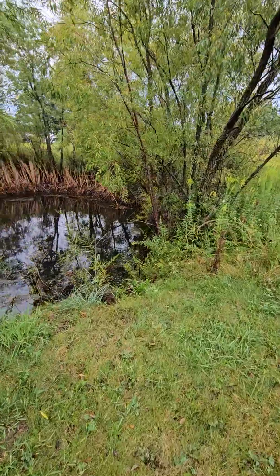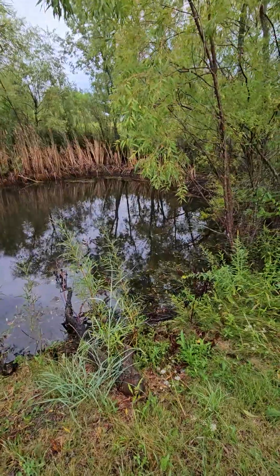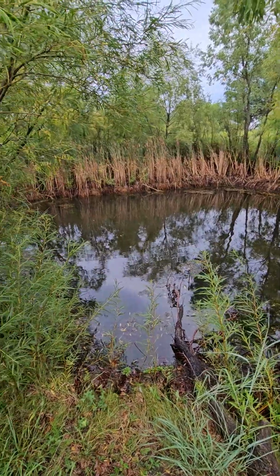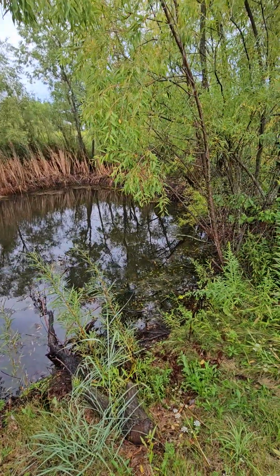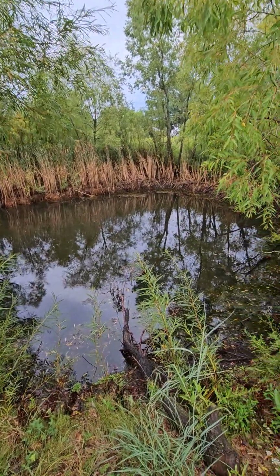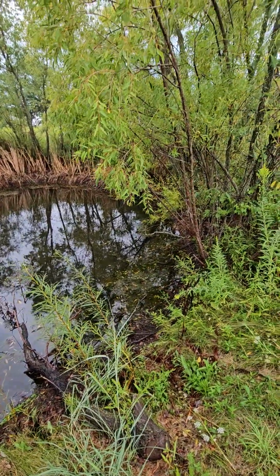Okay, yes. Definitely has come up about a good 6 inches. And you can see it's cleared some of that moss out. So it definitely is refreshed. I don't see the bullfrogs. A lot of times you kind of gotta...